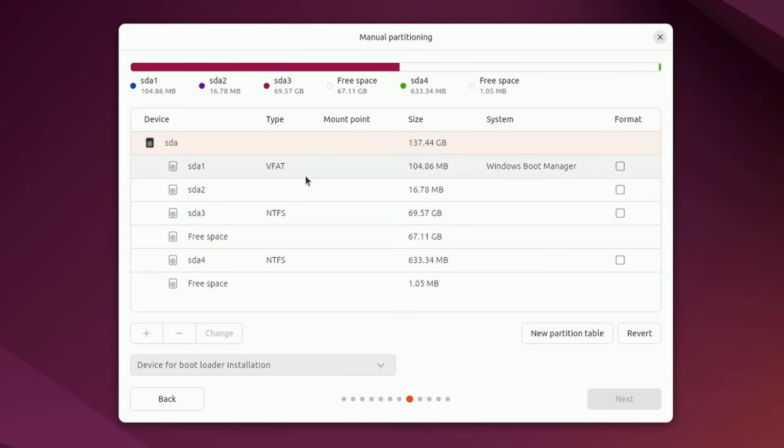made edits to earlier. I know this is the correct one for me because all the sub partitions are adding up, but you could have something like SDB or SDC, so on and so forth. You can have multiple storage disks. Again, be careful you have the proper one selected and that the partitioning scheme is looking familiar to what you had in Windows. I know mine is, so I'm going to select the free space and then click on the